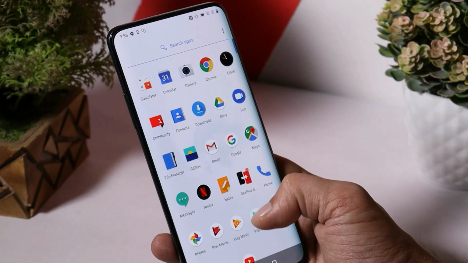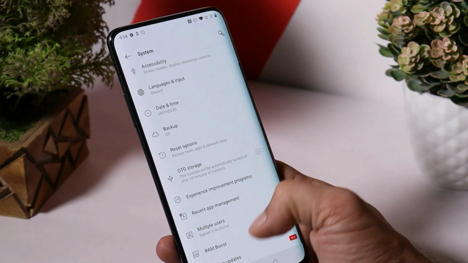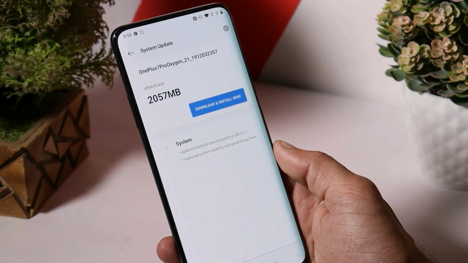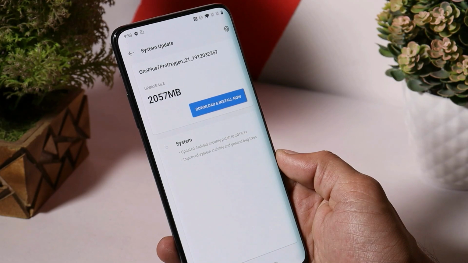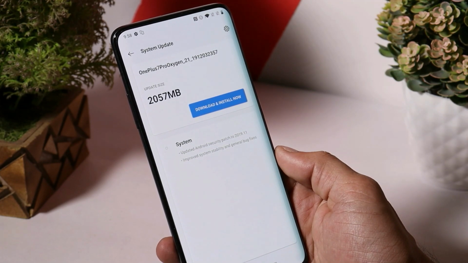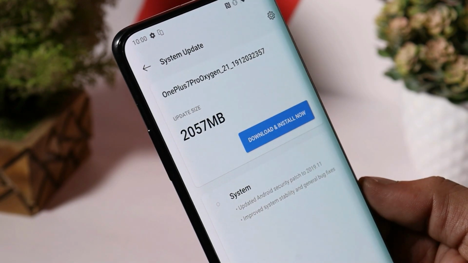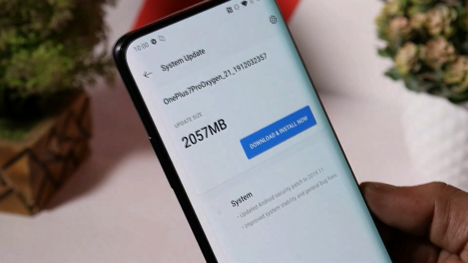After you have been downgraded to Android 9, you can connect your device to Wi-Fi and check for the software update. Once you connect your device to Wi-Fi, you will be notified of a software upgrade based on Android 10, and this way you can upgrade your device to the latest stable version of Android 10 on any of your OnePlus 7 series. If you don't get the OTA update, do let me know in the comment section below. I'll update the direct links of the latest update.